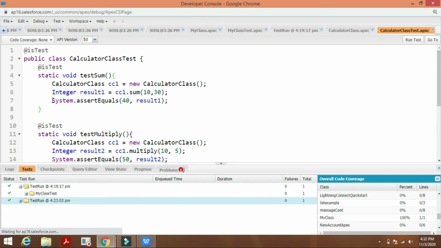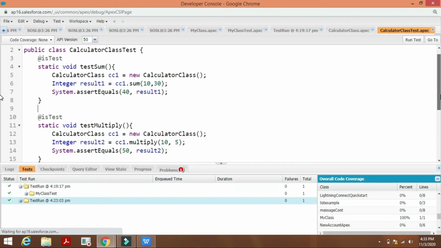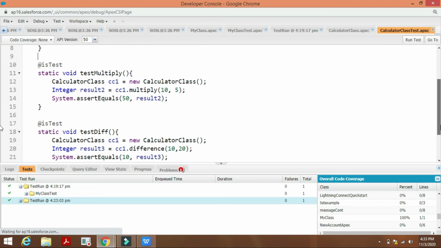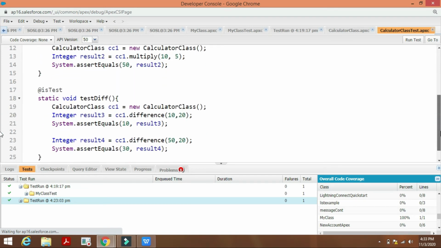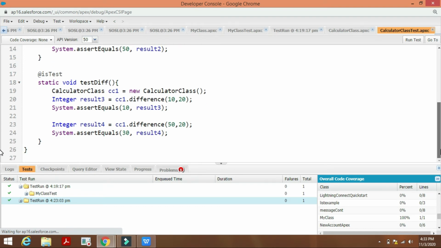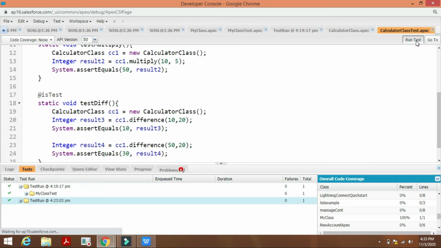We have used System.assertEquals to check whether the sum method's result is correct or not, and in the same manner we have used it for the multiply method and the difference method. Okay, so let's run this test.